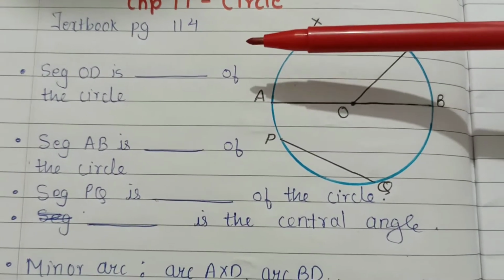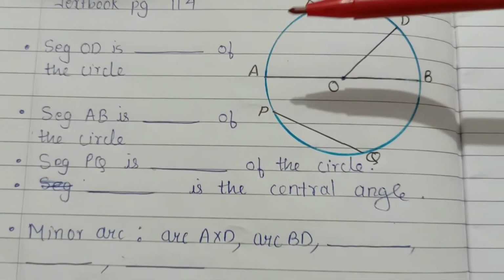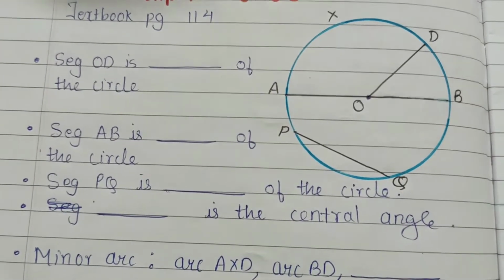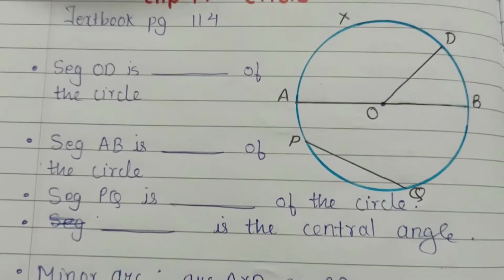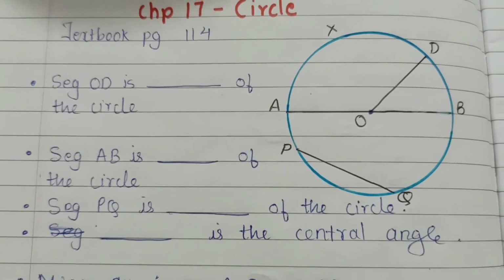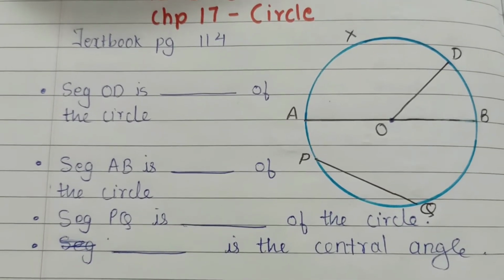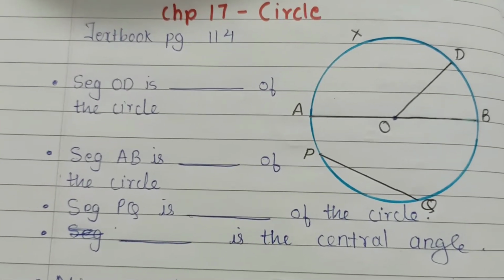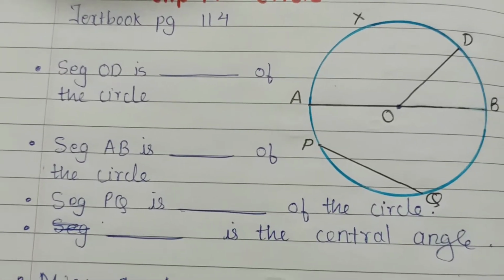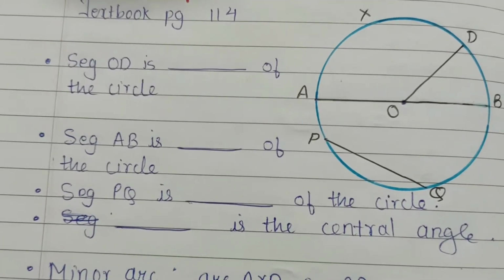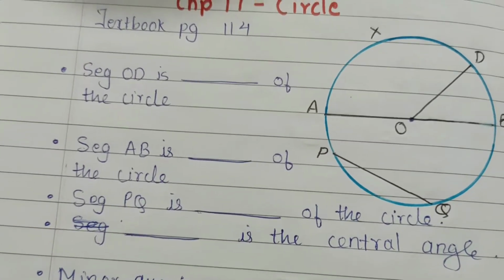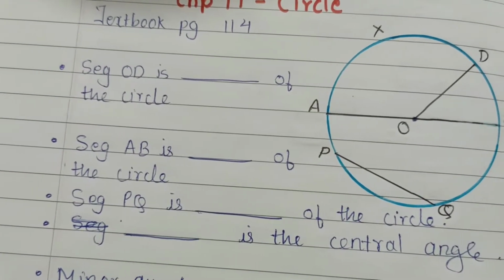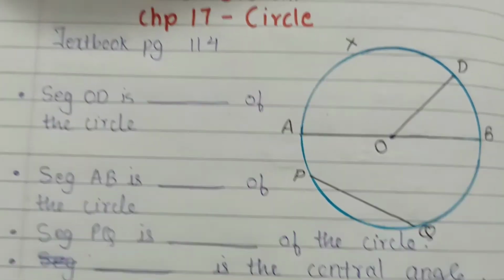This is from the textbook, that is State Board, page number 114, fill in the blanks. So first we'll be solving this, as this will help us to understand the concept properly. And if you want to understand it in detail, the introduction part of the circle, the video on that is already uploaded, so you can watch that video. The link is given in the description below, wherein the meaning of the circle, the concepts related to radius, diameter, chord, arc, different types of arc, that is minor arc, major arc and semicircular arc, everything is covered.